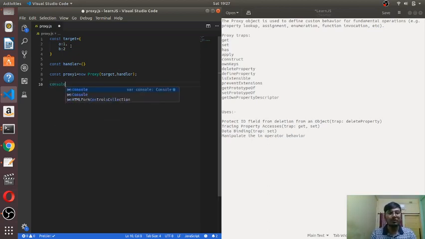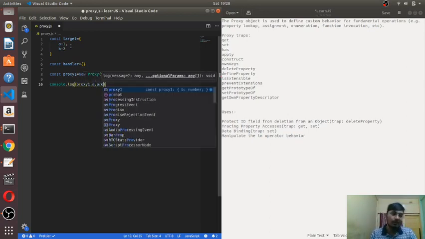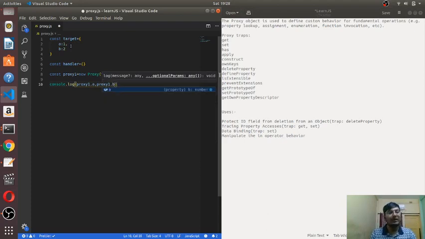So if I do console log, remember my new object is now proxy1. If you do target.a and target.b, you will obviously get 1 and 2. So what do you think we will get if we do proxy1.a and proxy1.b?